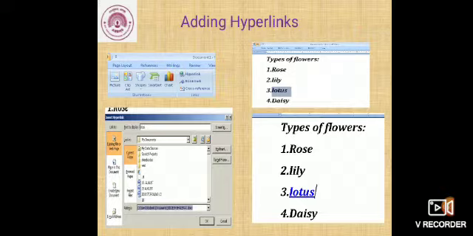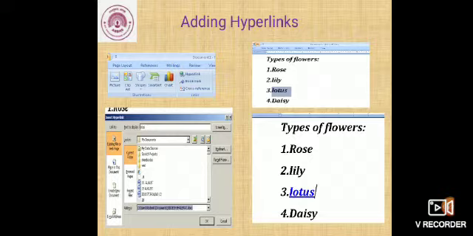Select any word to create hyperlink. Next is on the Insert tab from the Links group, click Hyperlink. In the Insert Hyperlink window, in address box, enter required web page address to create hyperlink and then click OK.